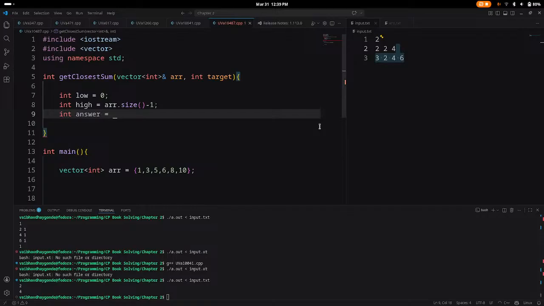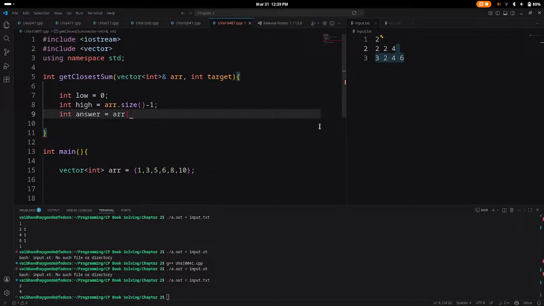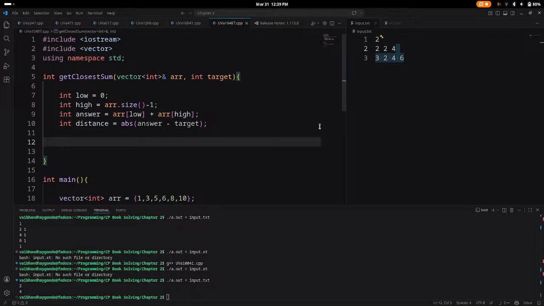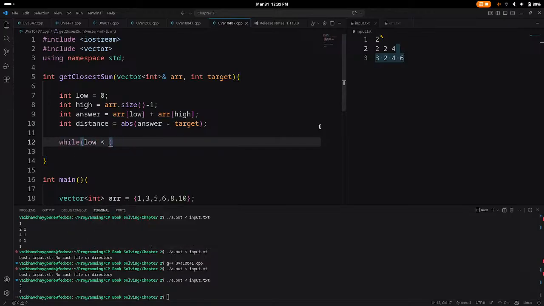Int answer is equal to arr[low] plus arr[high]. And distance will be the absolute of answer minus target. Okay, so if low is smaller than high,